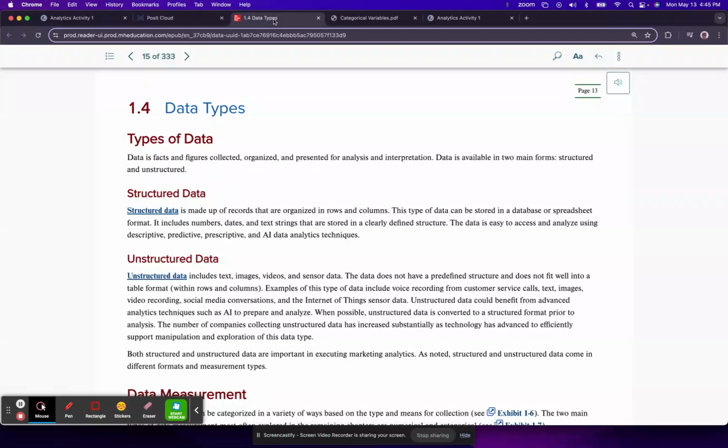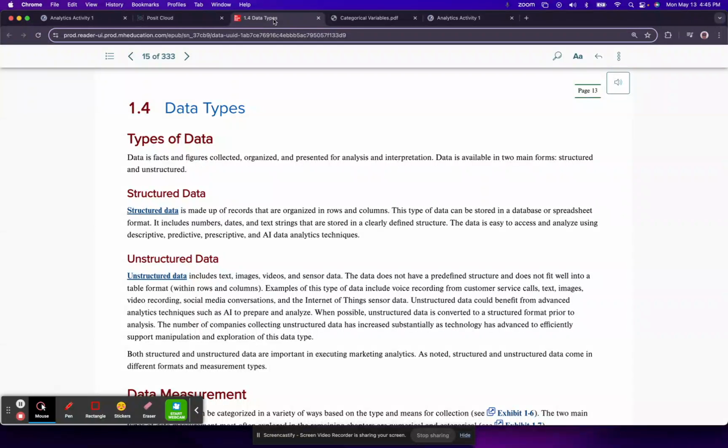Now, one more thing before I get into data types. Even if you don't want to be an analyst, marketing analytics knowledge has career value. That's because analytics is central to all of marketing. For that reason, marketing executives and employers expect people in marketing to understand analytic techniques and how analytics are used, especially if you're going to be management. All right, with that said, let's get into the foundational stuff.